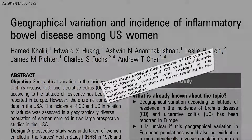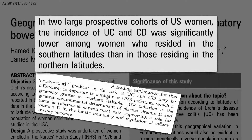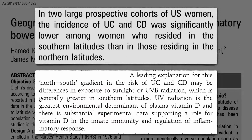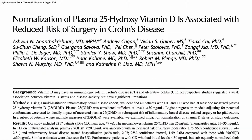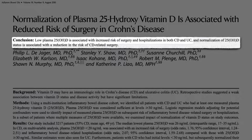Why do those living in the southern United States have lower IBD rates than those living in the north? Maybe it's because those living in the south get more sun, which means more vitamin D, which may mean less inflammation. So do those with Crohn's and ulcerative colitis with low vitamin D levels have worse disease? Apparently so: increased risk of surgery and hospitalization, and those that normalize their vitamin D levels appear to reduce their